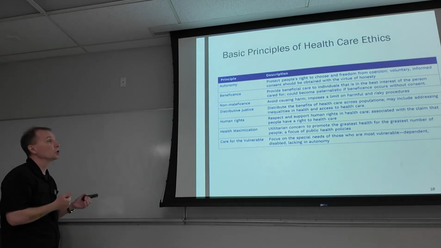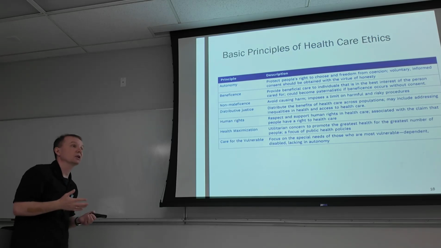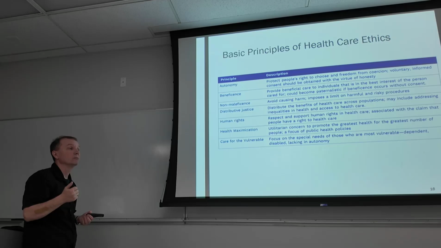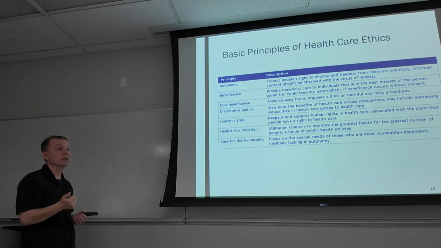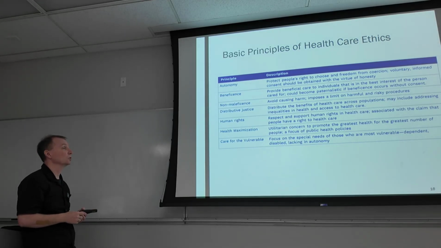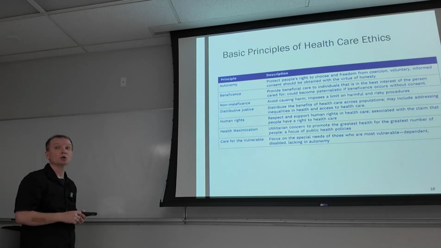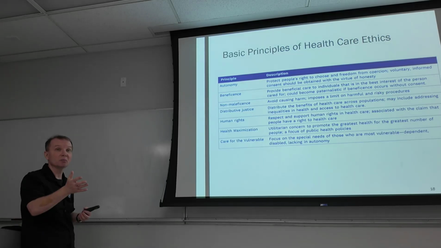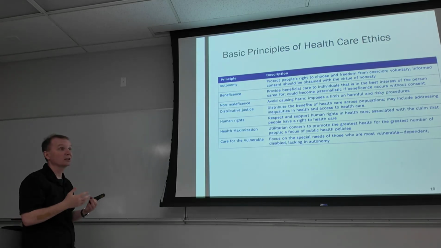Obviously, it's different from autonomy. In this case, we are talking about actually benefiting the person. Can it sometimes conflict? Yeah, obviously. We will talk about it more today. Sometimes an autonomous person may be deciding to do something which is not in their best interest. Beneficence, on the other hand, tells us that the doctors and medical professionals should do whatever they can in the patient's interest, and that can contradict each other.